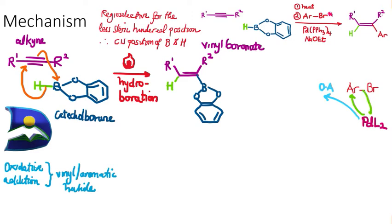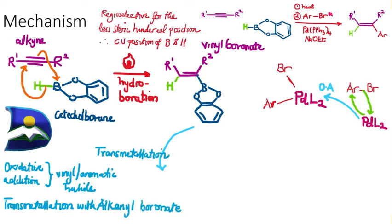Therefore we have two bonds created, one between palladium and the aromatic carbon, and the other between palladium and the bromide. Therefore in here we actually have the oxidation number of this complex to be palladium 2. So this is crucial because now we have two active groups ready for a step called transmetallation with